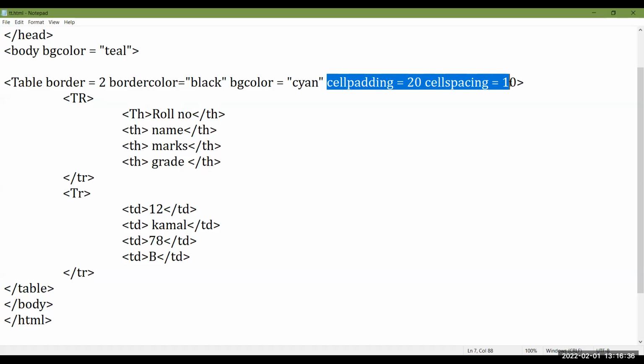Okay, now I'm not going to use this cell spacing or cell padding. I'm going to use height equals to suppose 200 pixel and width equals to suppose 300 pixel. That will be the height and width of my table, whole table. And align equals to, I'm going to give it as suppose right. So now the table will be on right hand side of the page. Save it,